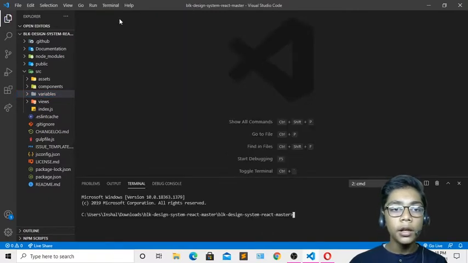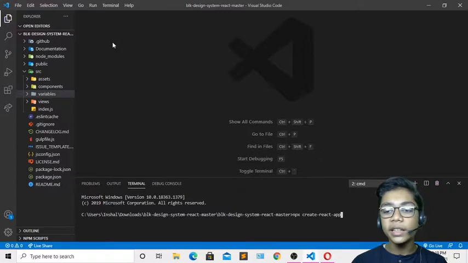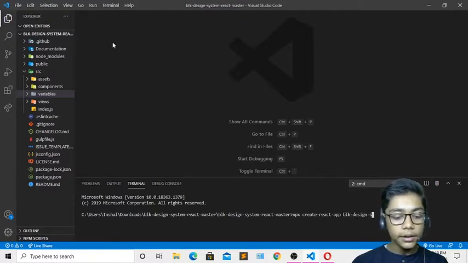So go to new terminal. Now here I will be writing npx create-react-app. Like I've told you previously, this is the command for creating a React app. You don't have to write npm here, because npm is a command to run your project on localhost or in the default browser you are working with, and npx is the command for making your React app or folder which you are building. Then in front of that I'll write my project name, which is blk-design-system-react. When you are done with that, you have to press enter and your project will be created.